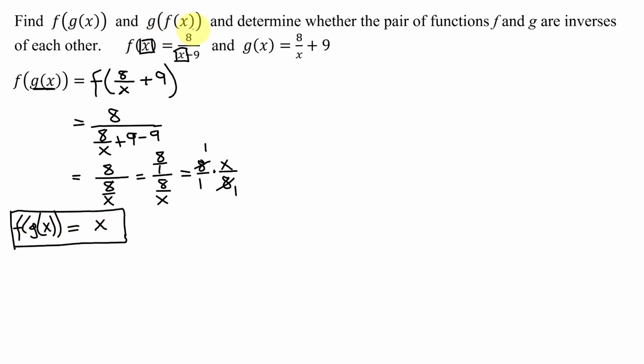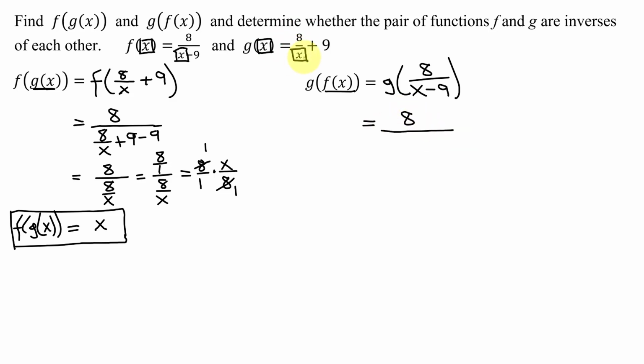Next, we need to find g of f of x. We're going to do it the same way, working from the inside out. So I'm going to get g at, instead of f of x, replace it with its definition of 8 divided by x minus 9. Now, to figure out g at this expression, you go to the definition of g, and wherever you see an x, you're going to replace it with 8 divided by x minus 9. So I'm going to get 8